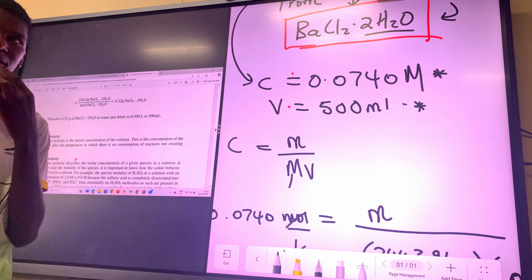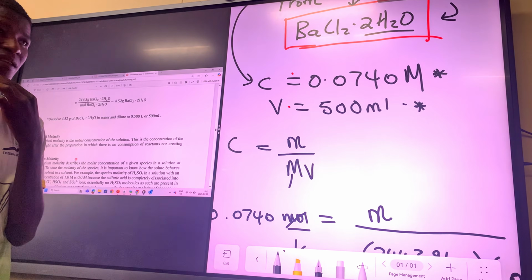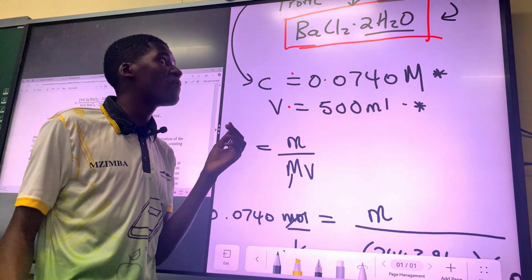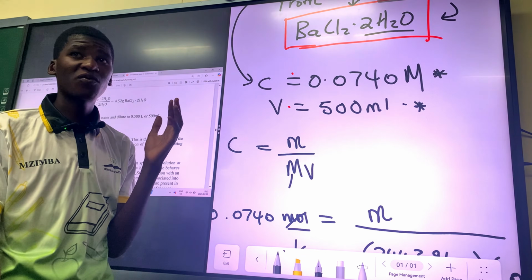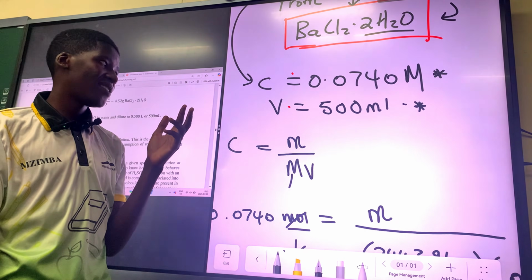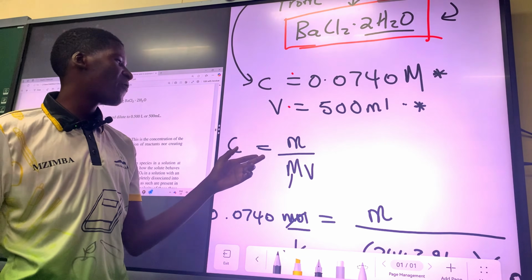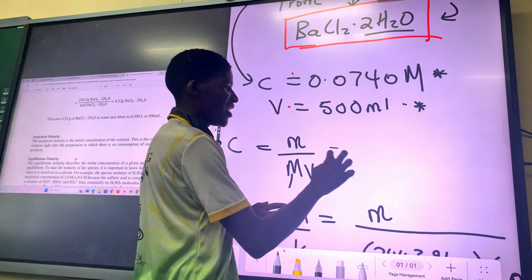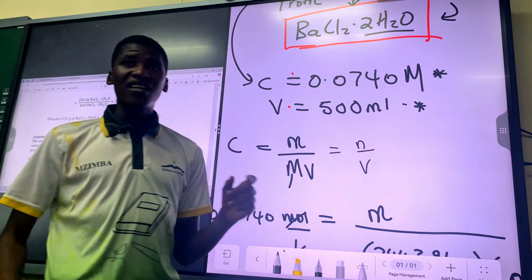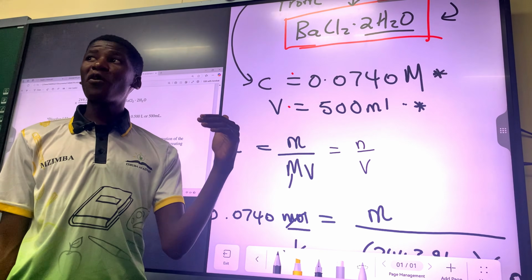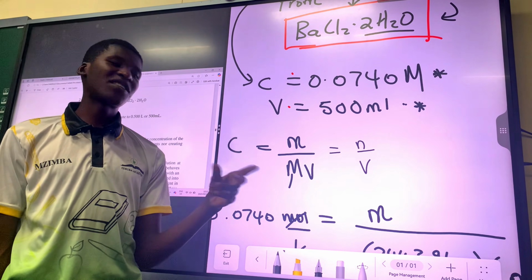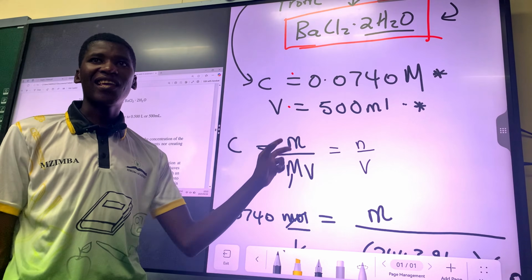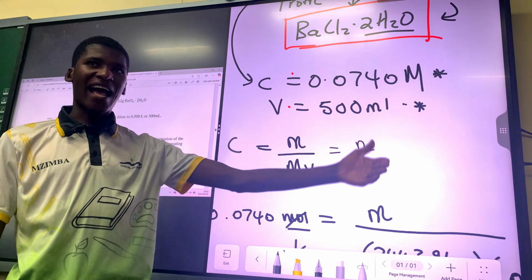Stoichiometry. Okay, but with stoichiometry we will say half, we will give you half. Yeah, it's still the same thing. If you're not comfortable with saying mass over molar mass times volume, it's fine. It's n over V here, number of moles over volume. The number of moles here is mass over molar mass. That's why we substitute to get a step ahead.